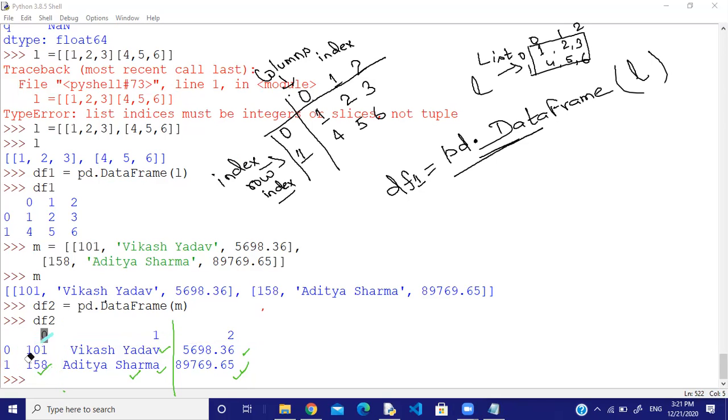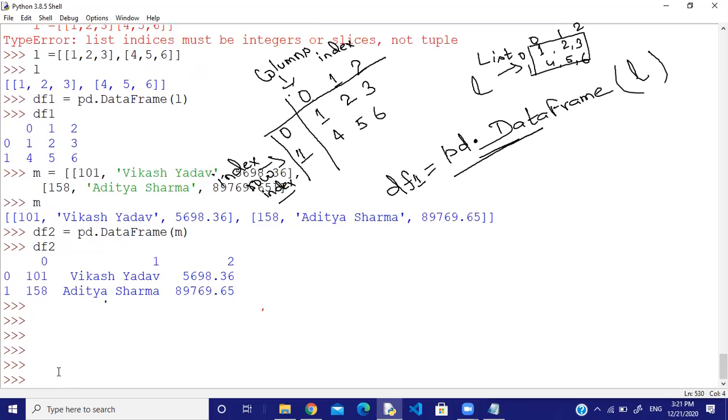Now you understand how you can create a data frame through a list. The next question is, suppose I have a dictionary and I want to create a data frame with the help of the dictionary containing lists or something like this. How can you do this? Now I'm going to show you some examples of how you can use a dictionary to create your data frame. So now I'm going to create a dictionary